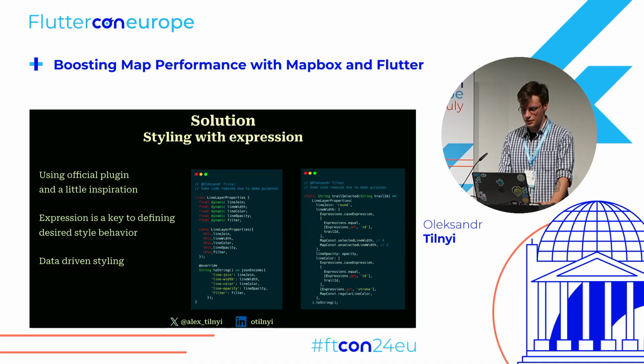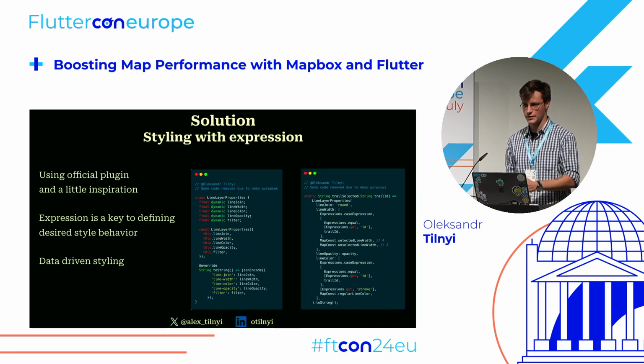Previously we used a community plugin, and it also served as a little bit of an inspiration. So we kind of copy-pasted the API for expressions, which allows us to perform data-driven styling,